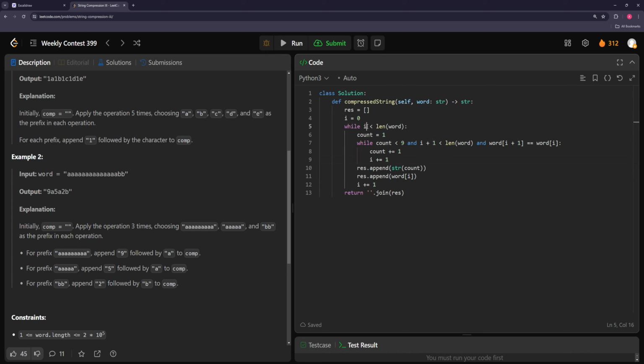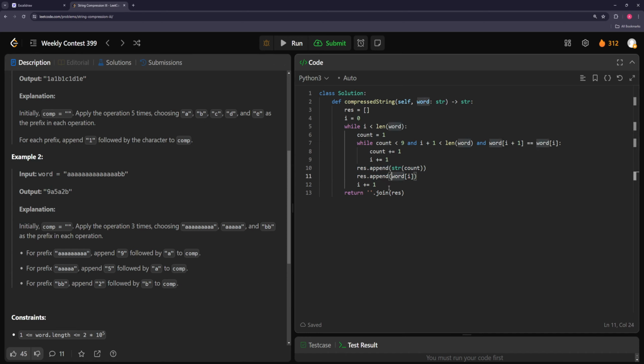So it's pretty easy. You just start at a character, and you keep going while the character is the same, and while the count of the character is less than 9. So for example, if we start here, we'll say, okay, while the next character is the same as the first one, and we have 9 or less, let's keep going. So we're going to get 9 here. And then when we get 9, we're done, and then we'll start at the next character. So when we get 9, we'll just take the number of however many we had, or if we had less than 9, we'll take that number,